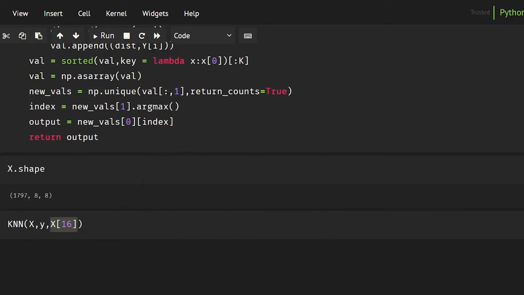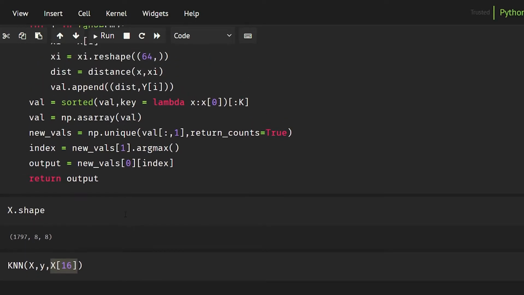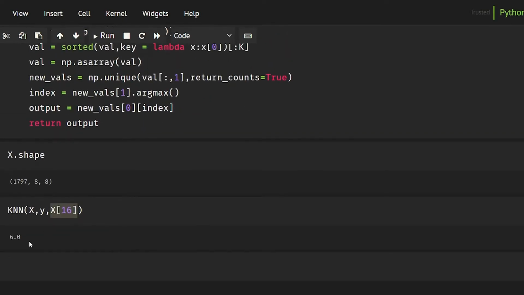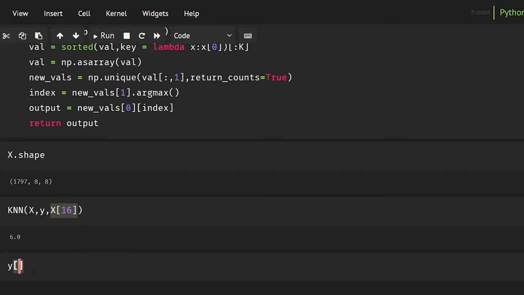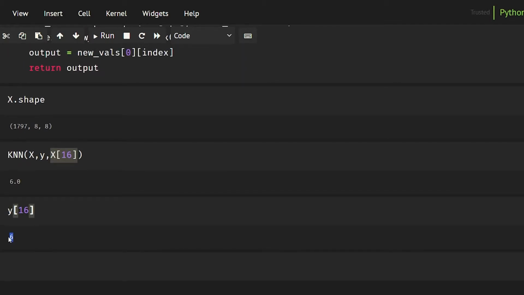So this is it. Now if we call this, it returns a number, and it is saying that it is 6.0. By 6.0 it means that it is predicting our output as 6. So let's see whether our output is 6 or not. So 16, and as you can see here it is 6.